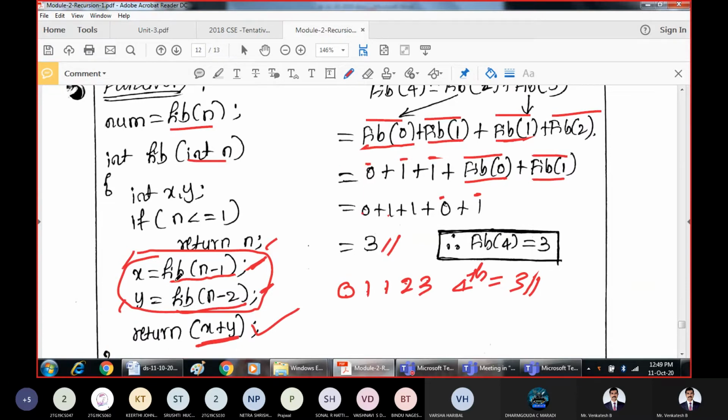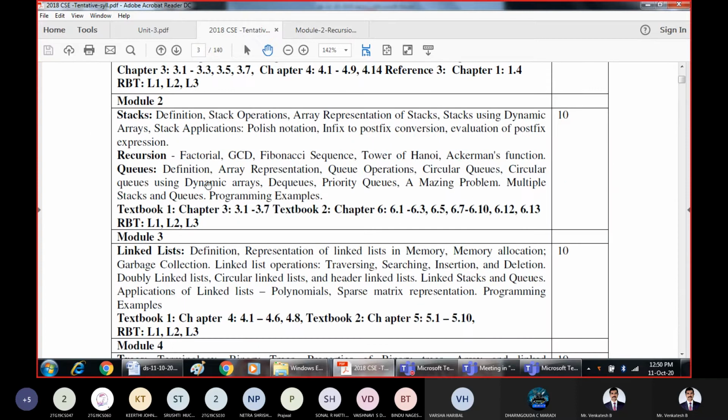Whenever you write recursive functions, we must be careful that the name of the function is used properly, but with different parameters. You should write the function in such a way that we will reach the terminating criteria or base criteria. What is the base criteria in our case? It must be 1. Beyond 0, we are not going to calculate. So that was for the Fibonacci.